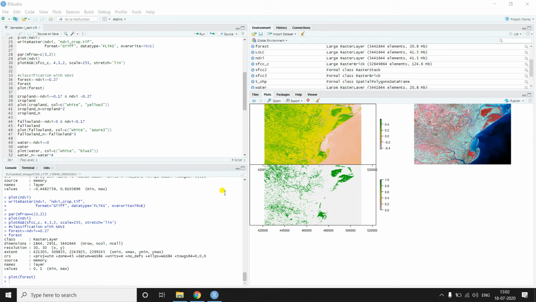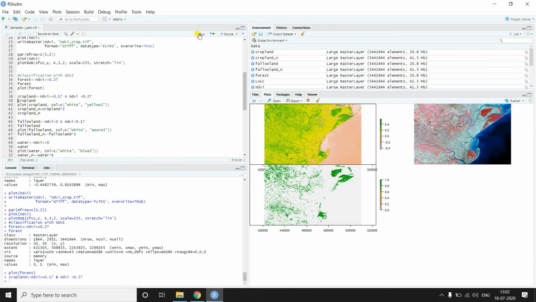Now similarly for cropland, we will use the NDVI range of 0.17 to 0.27, and in this case we will use the AND operator to define our range. So NDVI greater than 0.17 and NDVI less than 0.27 will be our cropland class.